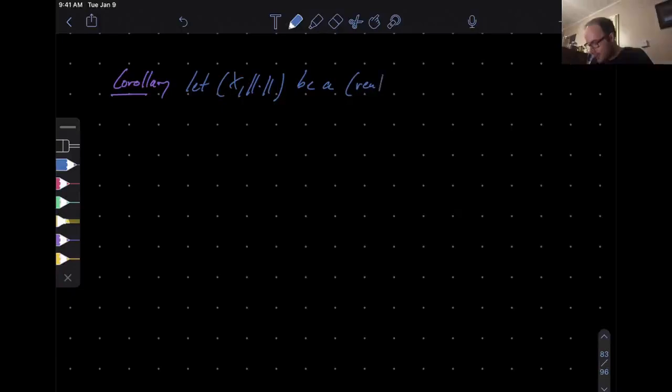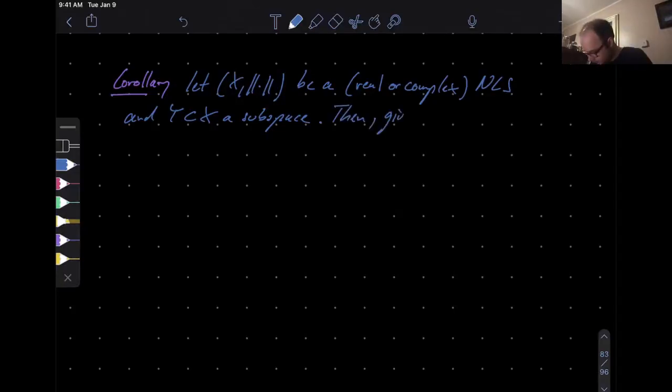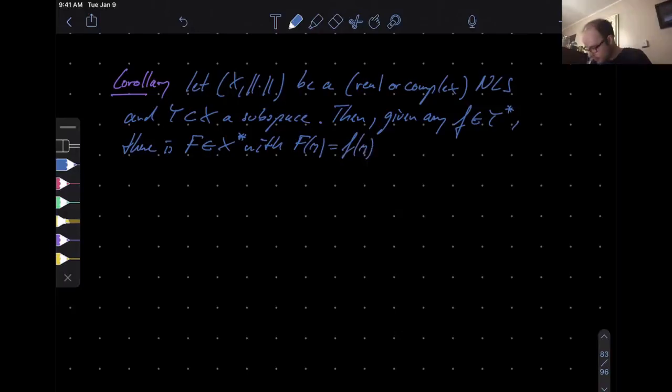So let X be, I will write this now one time, but afterwards no longer, it can be either real or complex. It doesn't matter because we have both versions of the Hahn-Banach theorem. So let X be a real or complex NLS, and Y a subspace. All right, then given any bounded linear functional on Y, so f in the dual space of Y, there is a linear functional F on the full dual space of X that reproduces, or extends, rather, I should say, the small f,